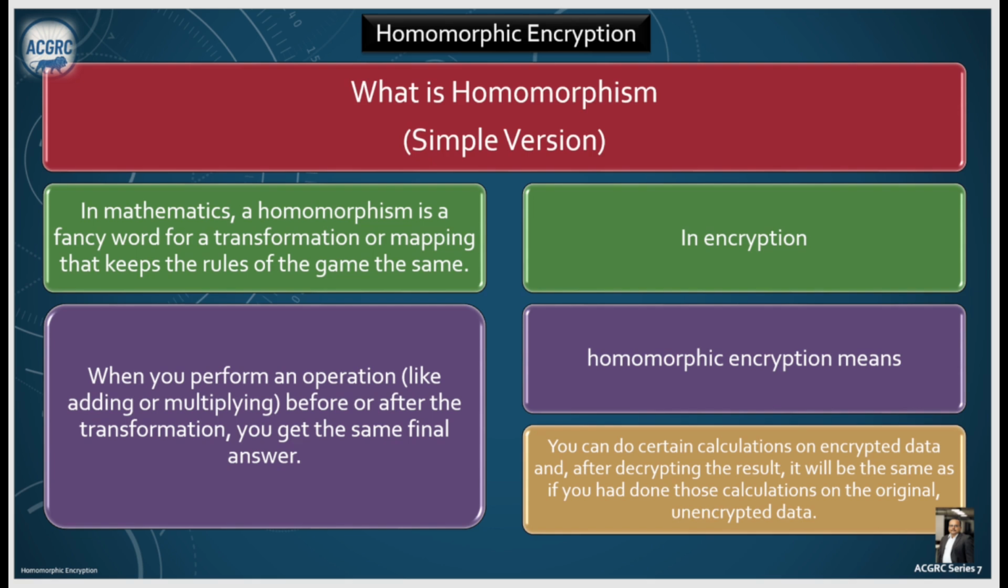So in encryption, homomorphic encryption means you can do certain calculations on encrypted data, and after decrypting the results, it will be the same as if you had done those calculations on the original unencrypted data. Now do note, important is certain. At this point of time,